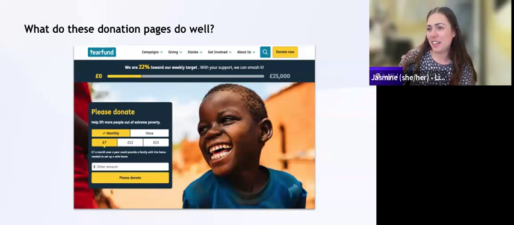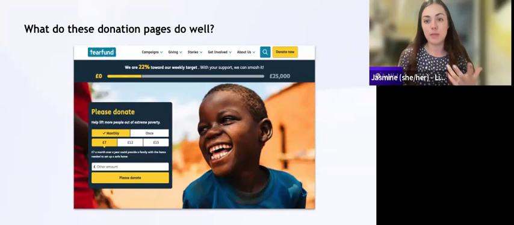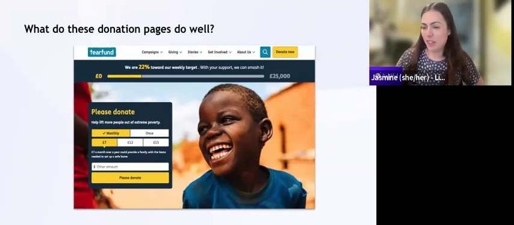Great. Anything else about maybe the donation box itself? Great. So Grace is saying you like the options for donation. So if you look here, you can see on the left-hand side, you've got the option to donate monthly or once. You've got those different giving amounts, and you can also add your own option as well. But they've managed to incorporate those without it feeling too busy. And also the default is monthly as well. So that's deliberate for people to really think about, can they give, or would they rather give one off as well? And yeah, some comments on the colours as well, really nice and clear.